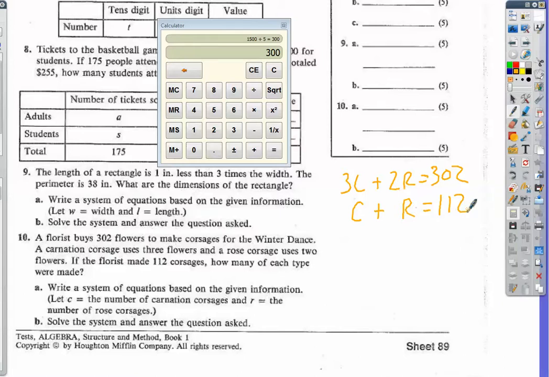So let's solve this. I'm going to solve by multiplying everything here by negative 2. So I get negative 2c, negative 2r, and negative 224, because I just multiplied everything by 2. So now, when I add, this crosses out, so I get c is equal to